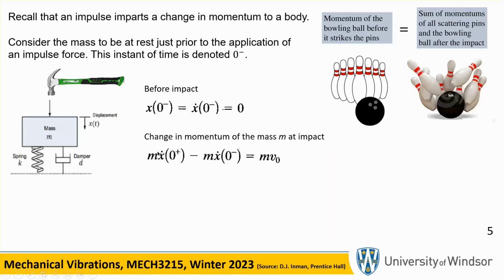Momentum is mass times velocity, right? So it is the mass times the velocity of the block immediately after the hammer hits it, minus the momentum of the block before the hammer hits it, which is zero, is equal to